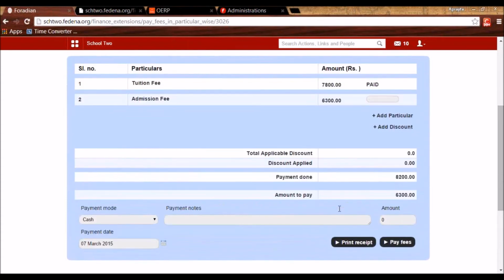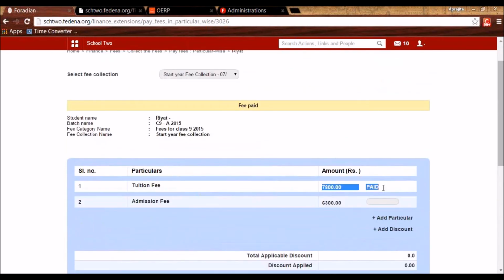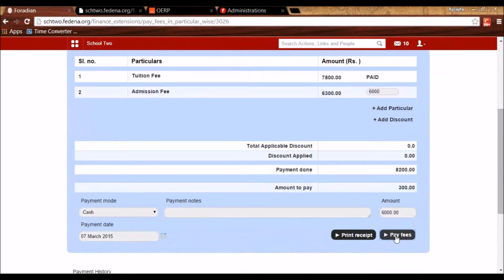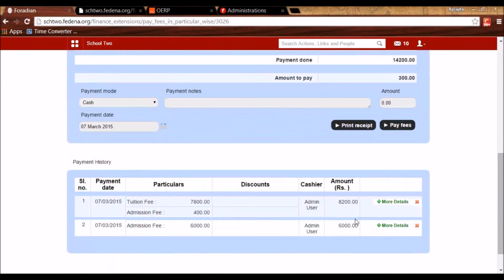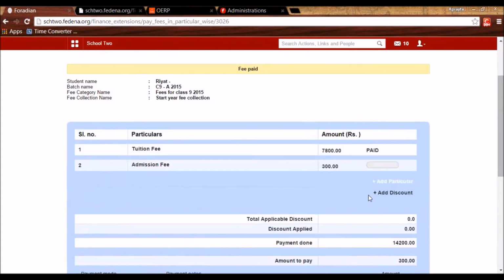So I can take this like this. So it shows that one particular is paid where the other one is yet to be paid, which again can be paid in installments like this. And also we can add a particular or a discount instantly, which will be appearing in the receipt.